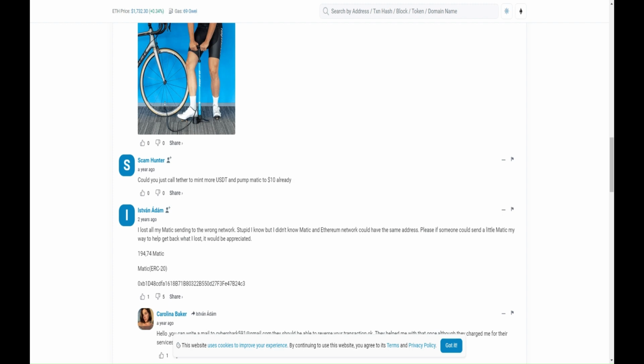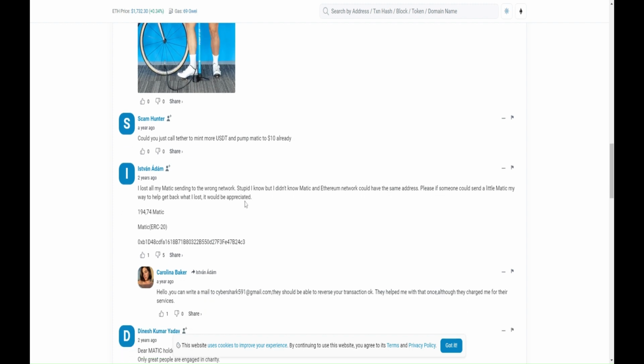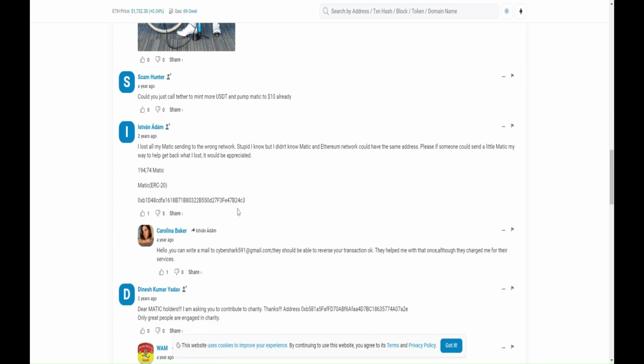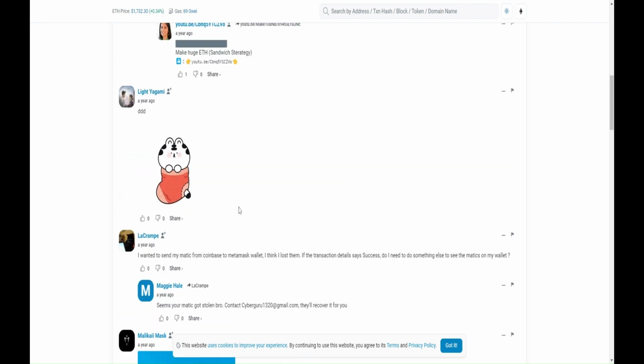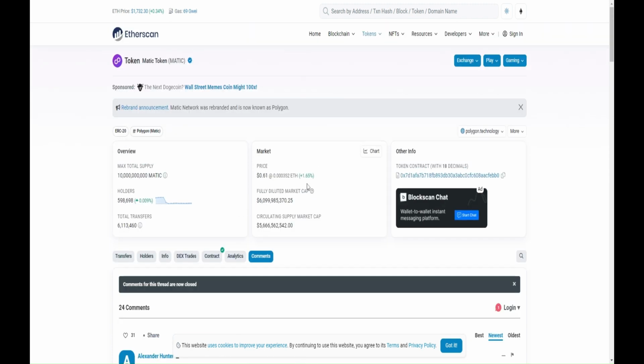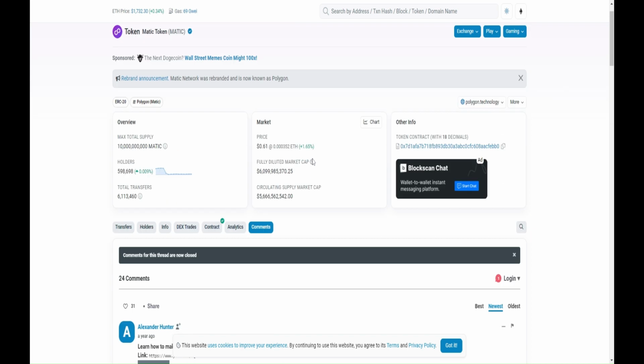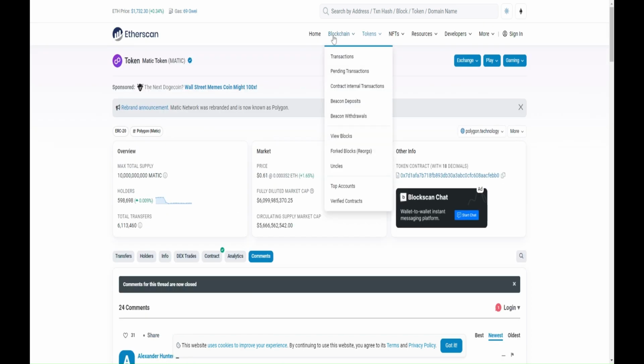Etherscan offers a notification feature that allows you to stay updated on the latest activities of your chosen projects. By setting up notifications for specific addresses or contracts, you'll receive alerts whenever there are new transactions or events related